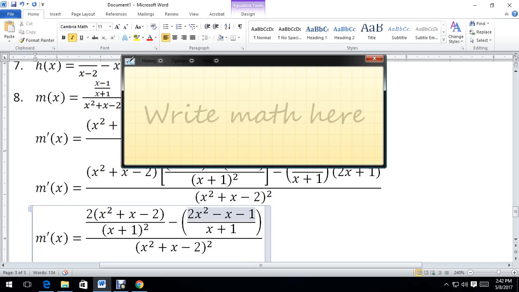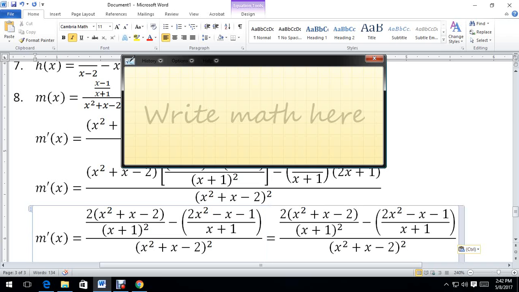So, now, if we try to combine these two fractions here, remember, we have a complex fraction. We have a complex fraction, subtraction of fraction in the numerator, and this is also part of the entire numerator with having a denominator x squared plus x minus 2 squared. Now, to further simplify, what we can do is combine these two. Now, getting the common denominator between x,